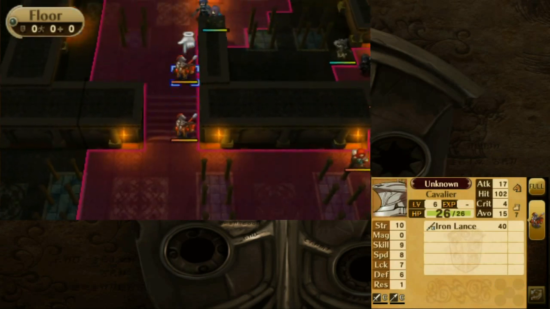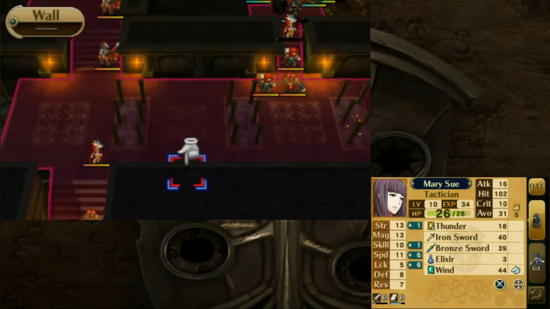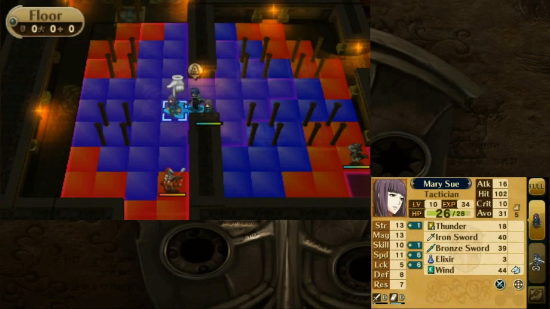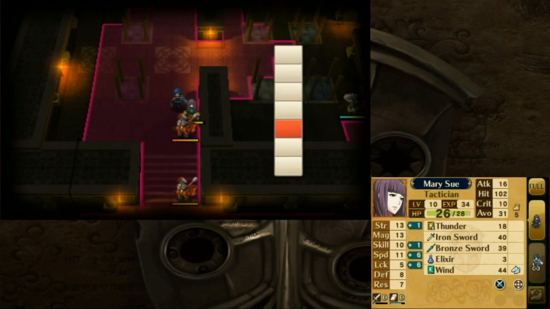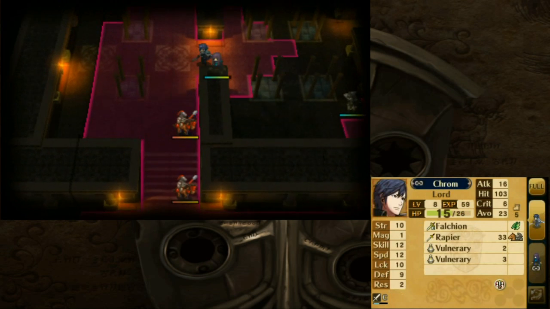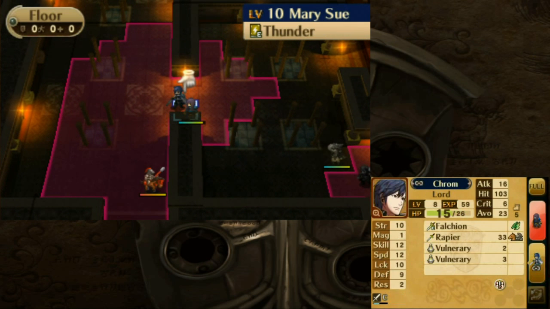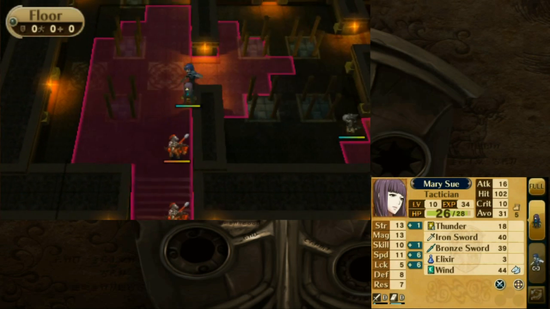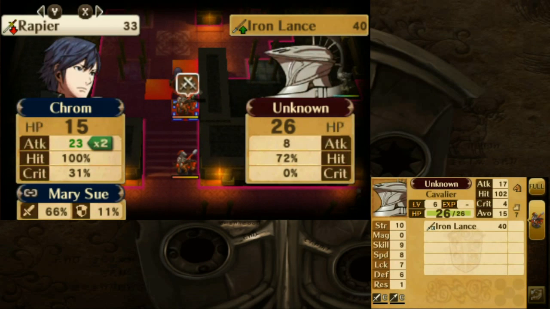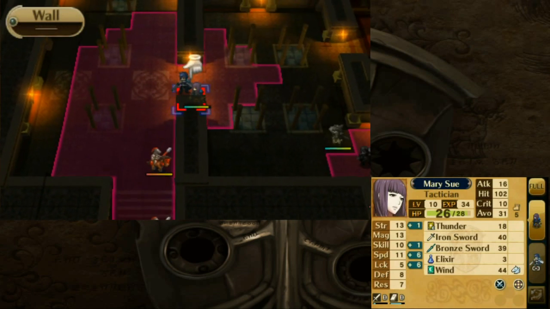Speaking of, I hate to have Crom and Mary Sue hog all the experience, but I'm going to have to do this. Probably. I just want to show that Crom's rapier is effective against cavalry. It's not exactly the best course of action here because they use lances, though. I mean, not rapier, but... yeah, rapier. I was using the falchion. That was stupid. Yeah, here's the rapier. Yeah, that's much more effective against the cavalry, except...